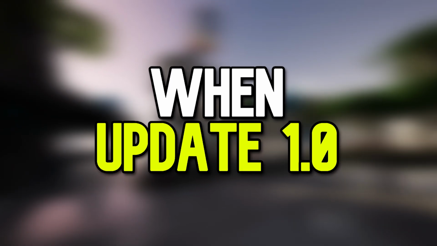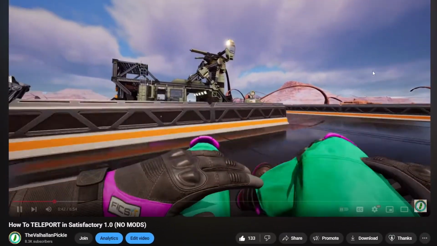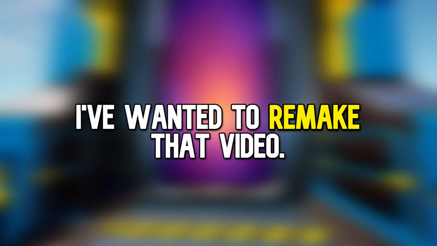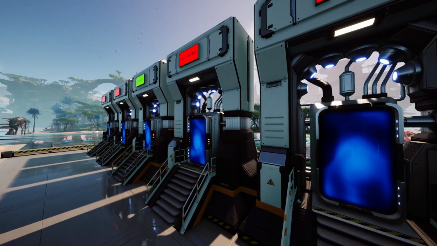When Update 1.0 launched in Satisfactory, I made a video about the new teleportation system. However, for a while now, I've wanted to remake that video since I feel like I missed some very important details, and I could also make it a lot better based off community feedback. So today we'll be going over all of the teleportation basics, how to unlock it, what it requires, as well